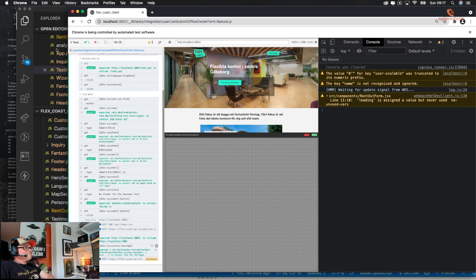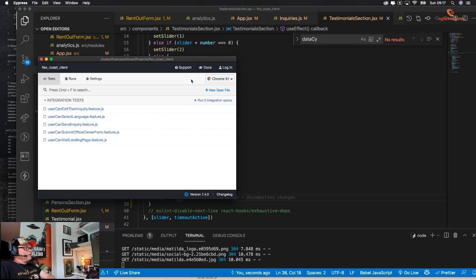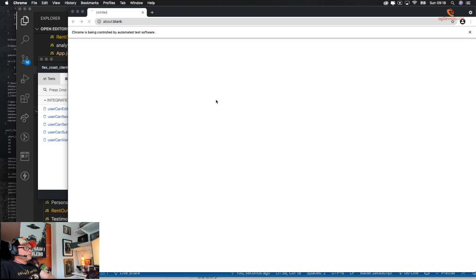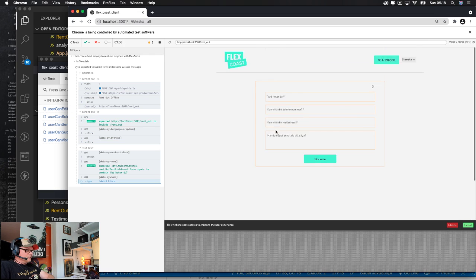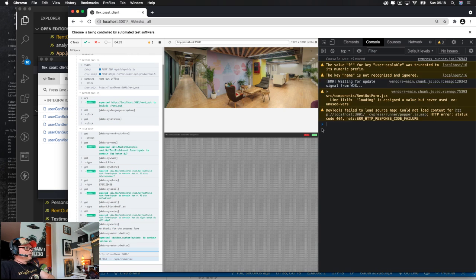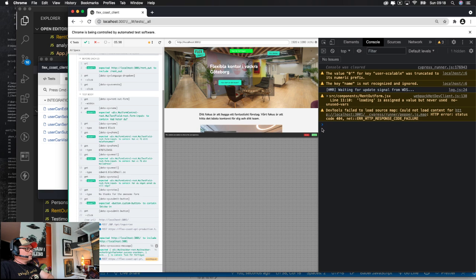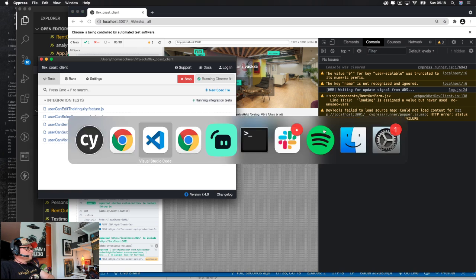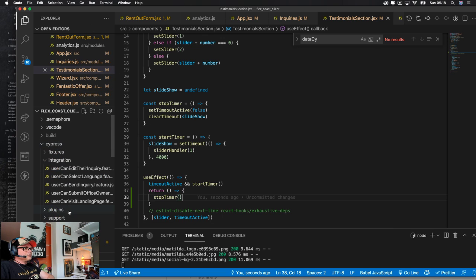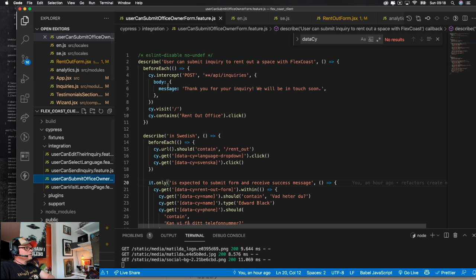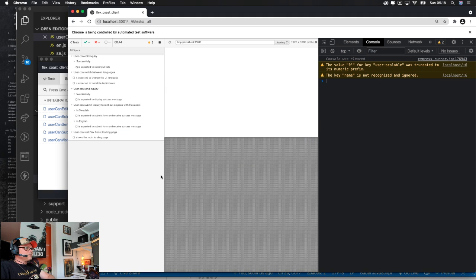The problem is that if we run the whole thing, we're probably going to get a few errors now, because we just turned off. I was running one single test in isolation, and let's see if we get some other errors now and things failing for us if we run the entire test suite. But Thomas, be smart about it. Just the user can submit office. Right, we need to remove this only thing. Right, let's run this.